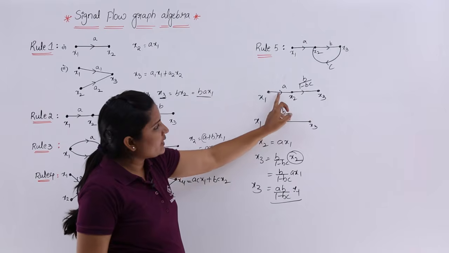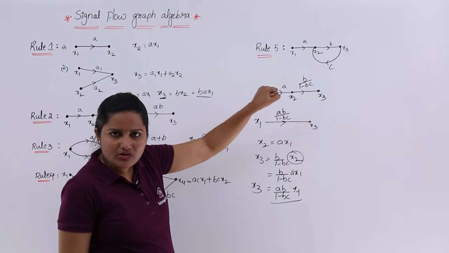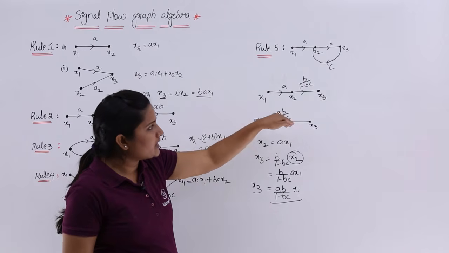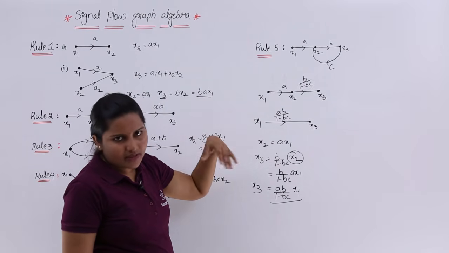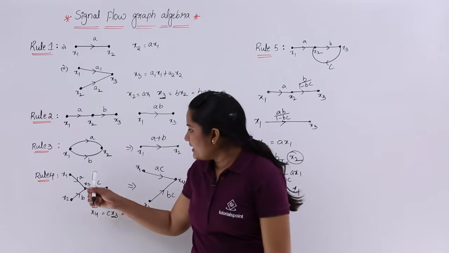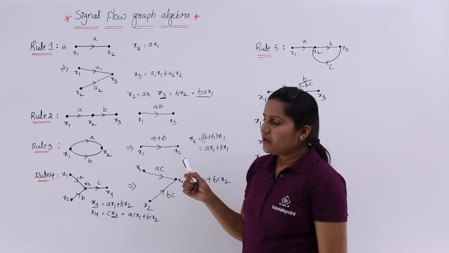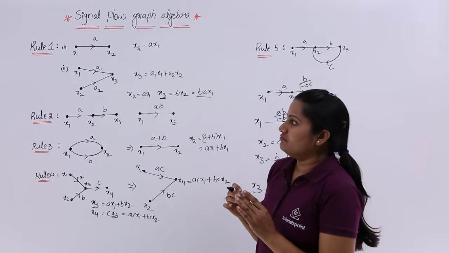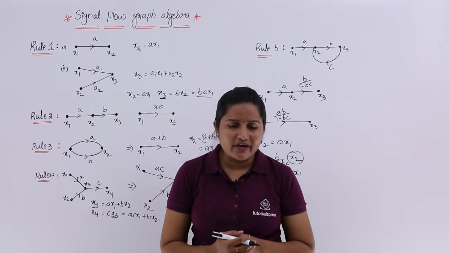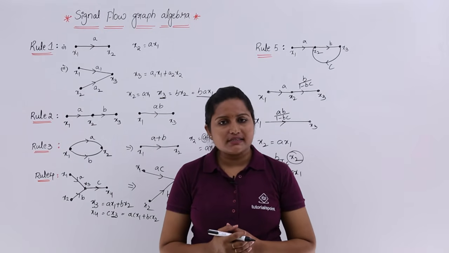If you are having 3 nodes connected like this, you can take out that middle node and multiply those series gains. Similar to block diagram reduction, here if parallel is there, we are adding. If series is there, then we are multiplying the gains. So these are the simple rules in signal flow graph reduction. In the next class we will see some problems related to signal flow graphs.